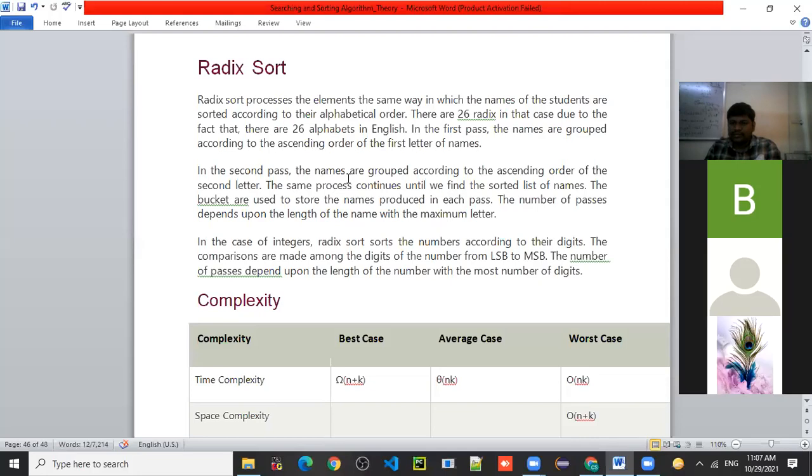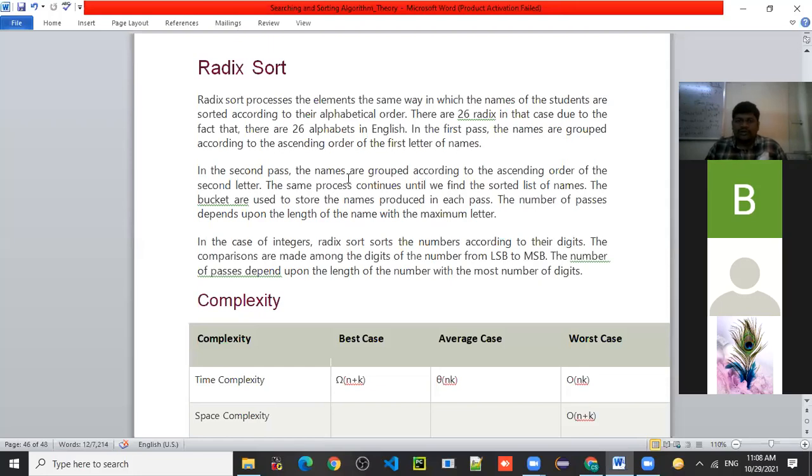By comparing second letter of those, if the first letter is same. Yes, very good. If first letter is same, means we are considering the second letter. After that, if second letter is also same, so you are considering third one, fourth one, fifth one, up to sixth same, whatever it may be. And if all letters are same, so we are keeping as it is. At least one letter different असणार आहे त्यामध्ये, right?